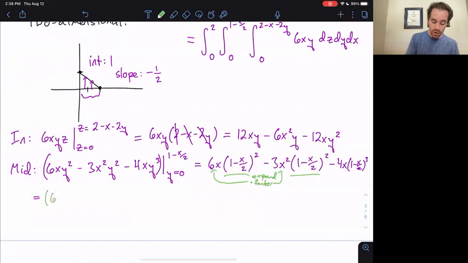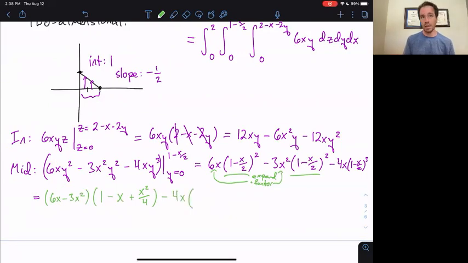So on the outside, I'll have 6x minus 3x squared. And on the inside, I'm going to have the expanded version of (1 minus x over 2) squared. That'll be 1 minus x over 2 minus x over 2 is x. And then it'll be plus x squared over 4. Minus 4x times, and okay,